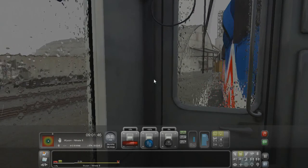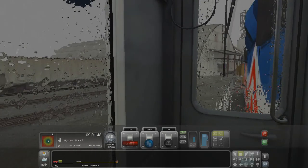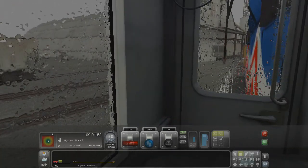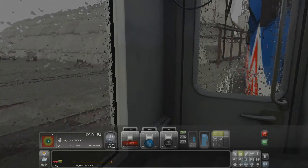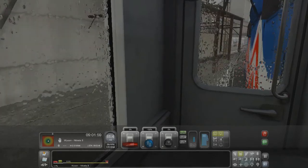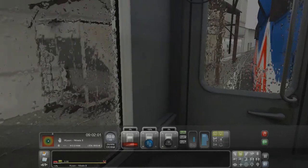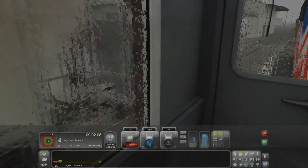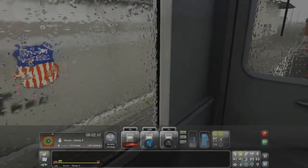My history with Train Simulator updates is actually pretty grim. When I first got the game, it was Railworks 2. It worked fine. I had a laptop at the time, was all I was playing this on. It worked great. And then it updated to Train Simulator 2012, which I think was Railworks 3. And that was kind of okay. And then 2013, I think, was the one that really broke it for me, when they added